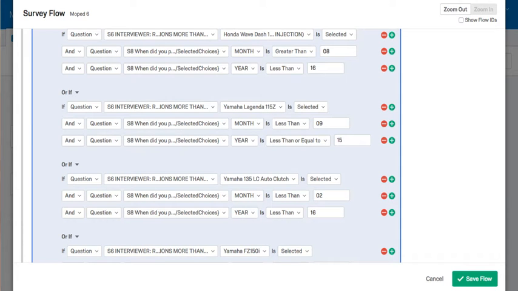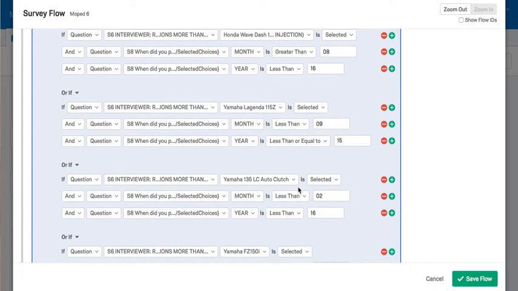So just another quick video to talk through this logic. I'm just having a look at the Yamaha 135, which is the first example you sent in. So this currently isn't working because if we actually look at the logic and consider exactly what we're saying here, we're saying that if year is less than 2016 and month is less than 02. So basically we are saying kick out anyone who is